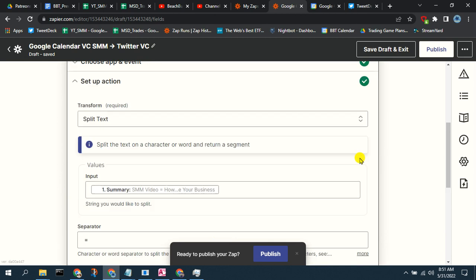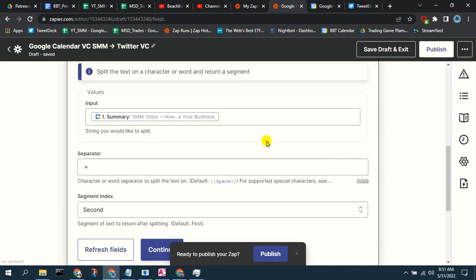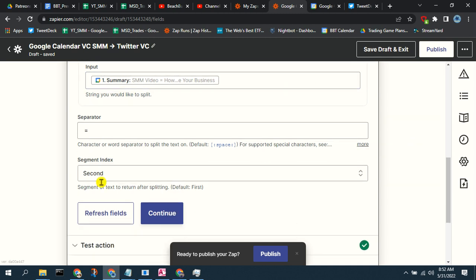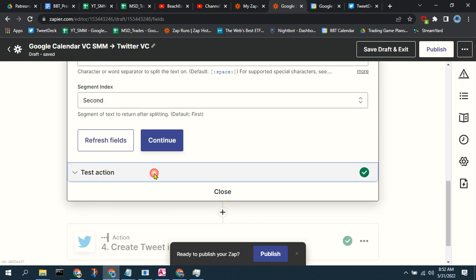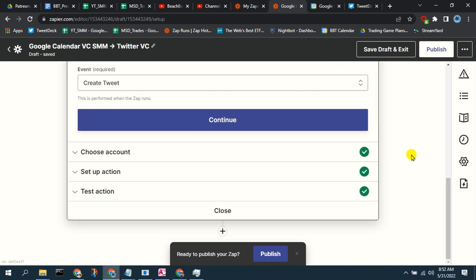Then you can see we're formatting the text. We're splitting the text on that equal sign delimiter, and we're taking the second segment of that split text so that we get the text after the equal sign. So as you saw, we have a generic event set up with just SMM video in the title. If we add the equal sign and put the name of our video on the right hand side, then that gets delimited, parsed off as the title for the video. So you can see we just got the title of the video